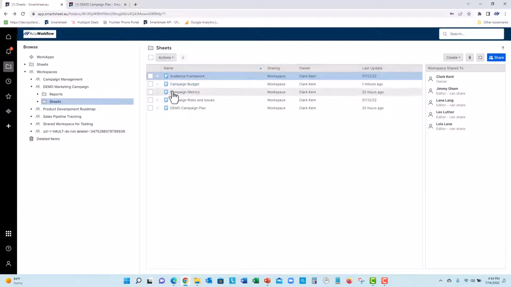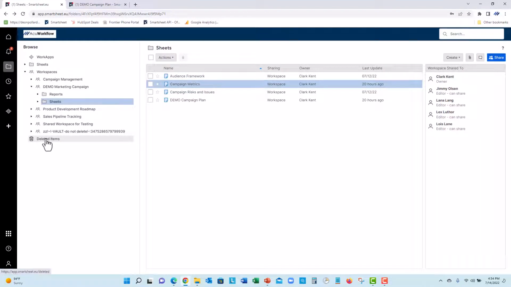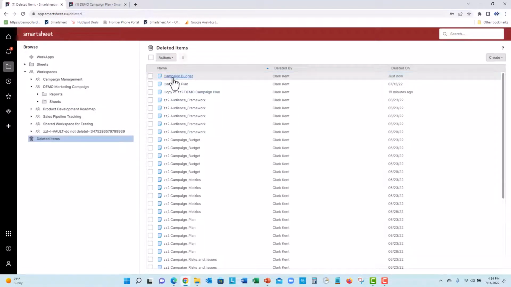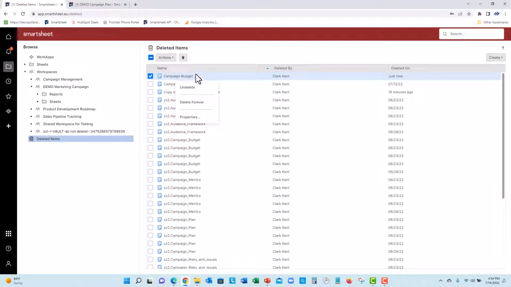Then next, if restoring the sheet from the deleted items folder is not an option. Say for example, if a user were to delete a sheet, and then if they went to the deleted items folder, and then select the deleted sheet, then if they were to right-click on the sheet, and select delete forever, then that specific sheet, together with its unique sheet ID, would be lost forever. But again, fortunately, with SmartBackup, the user will have another option to restore the sheet, using the backup copies in